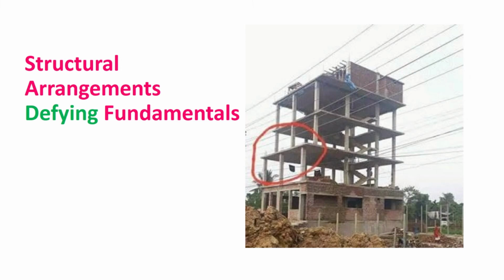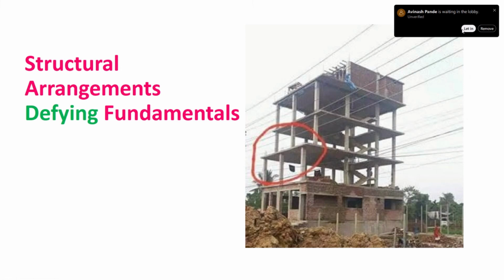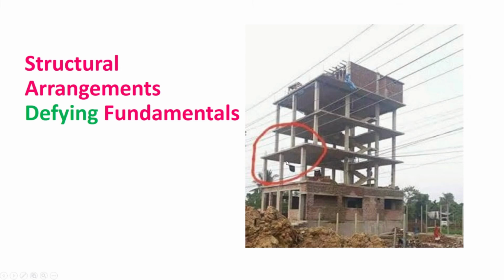High tension wire, sir. High tension electrical wire. Yes, very correct. As you can see, initially he started the construction and then subsequently he came to know that there are some electrical wirings which are passing near that particular building, and because up to the first floor he has done the work, now what is he supposed to do after that? Just defying all fundamentals of civil engineering, he has shifted the column onto the slab.